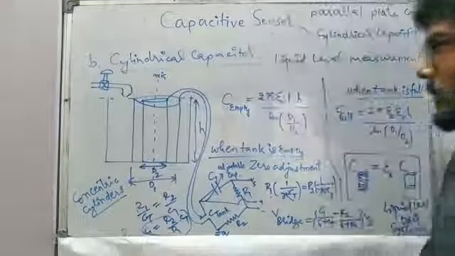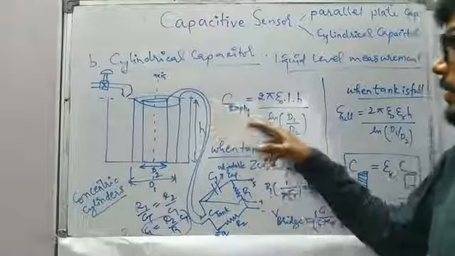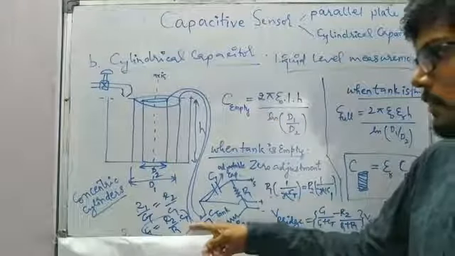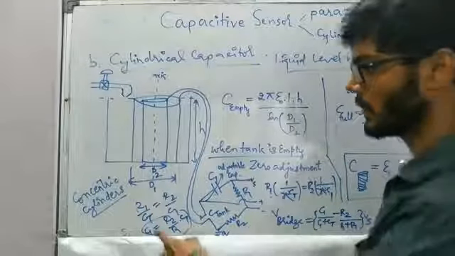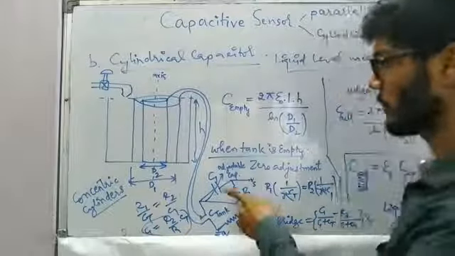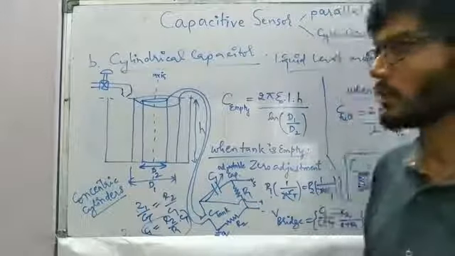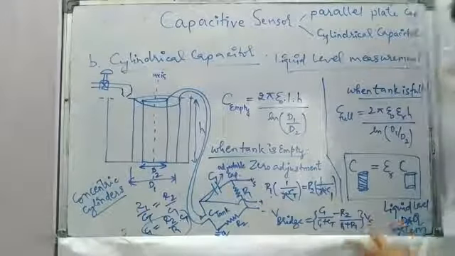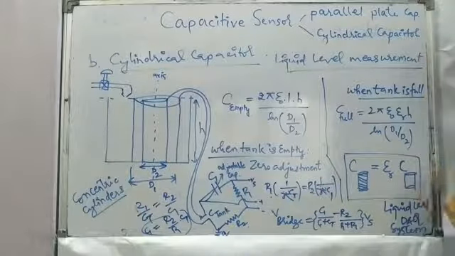So first we have to calculate the capacitance in the case of the empty tank. That capacitance value is going to be Ct, and then using the values of R1 and R2, we calculate the capacitance C1, and then we adjust C1 such that the output in the beginning should be 0. And now when the tank is completely filled, the capacitance is going to become epsilon R times the empty capacitance.